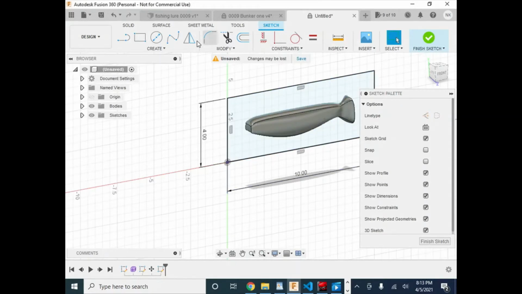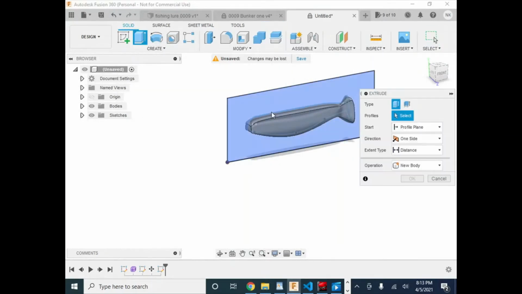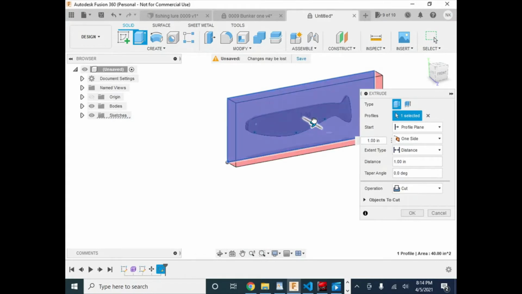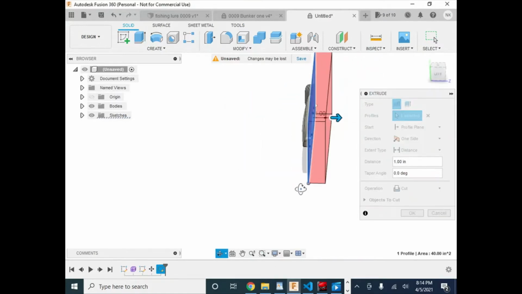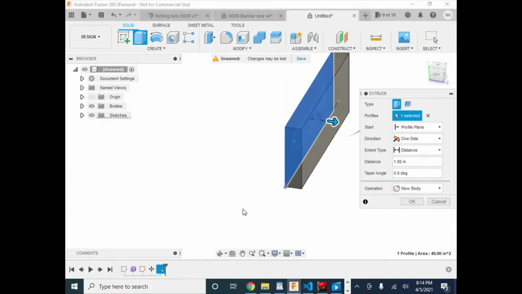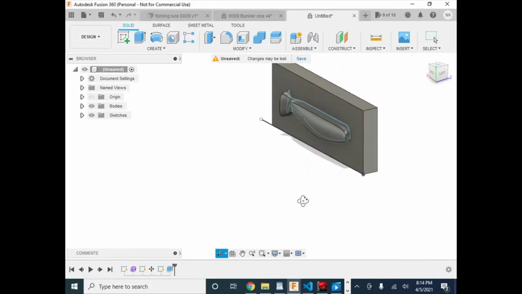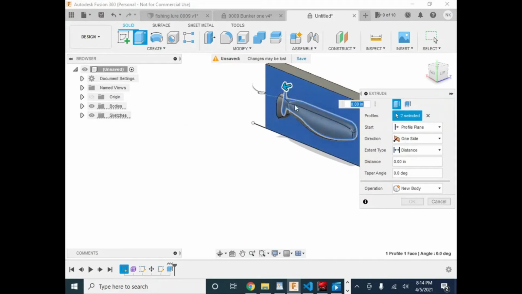And then what we're going to do is extrude this box on both sides. So we're going to click here and drag this out. What I like to do is at least know my material when I'm making the part, so for this case we're extruding it out 1 inch just to cover the part. You want to make sure you don't cut it. You just want this as a new body for right now. And click OK. And then we're going to come onto this side, extrude, click on that,